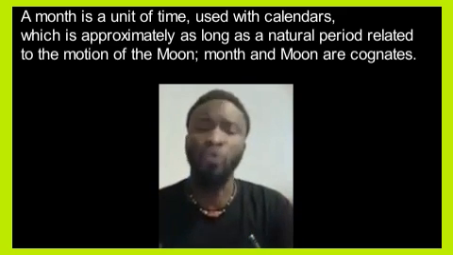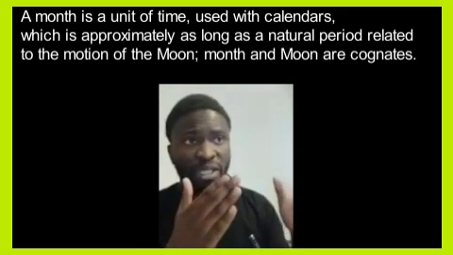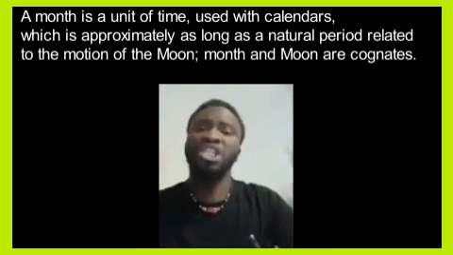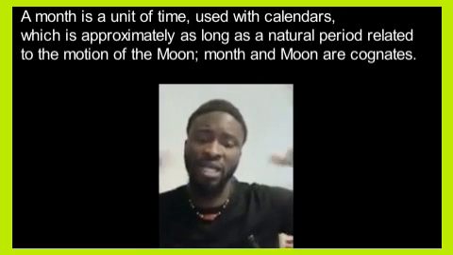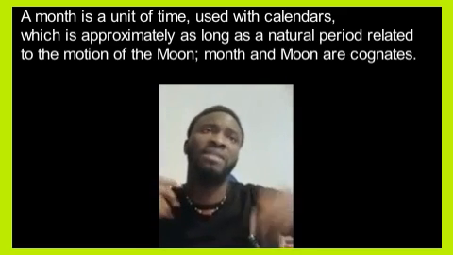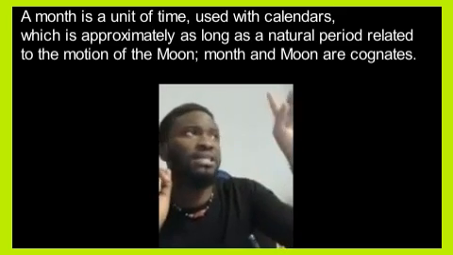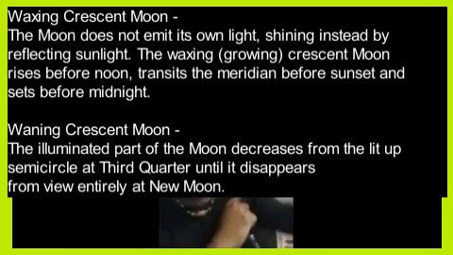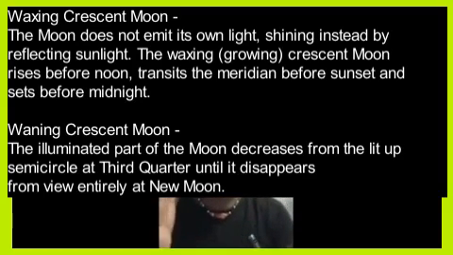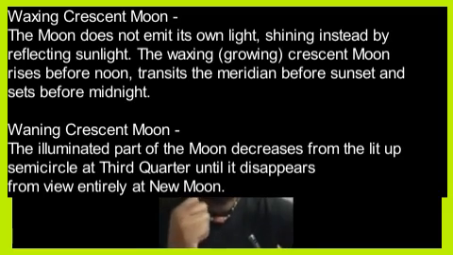So when we say moon, the moon has positions, the period related to the motion of the moon. In Arabic, in the Quran, we say manazila. Manazila is how we have the first day, the second day, because it moves with crescents. It comes with the waxing crescent and the waning crescent to notice the beginning of the month and the ending of the month, right? Good.